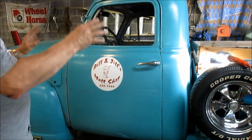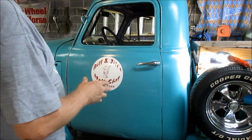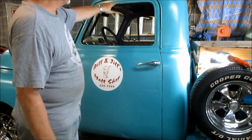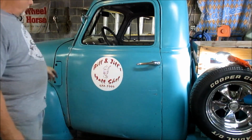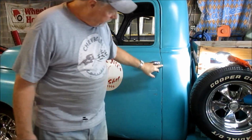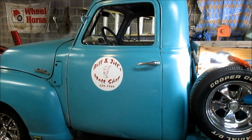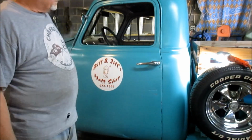Like I say, this cab has got a lot of body work done to it. And you can see where I've got the gap real close here. We're a little wider here. Wider here. See where it kind of changes going down. So that's about as good as I can get it. The lines are almost lined up good. So anyway,